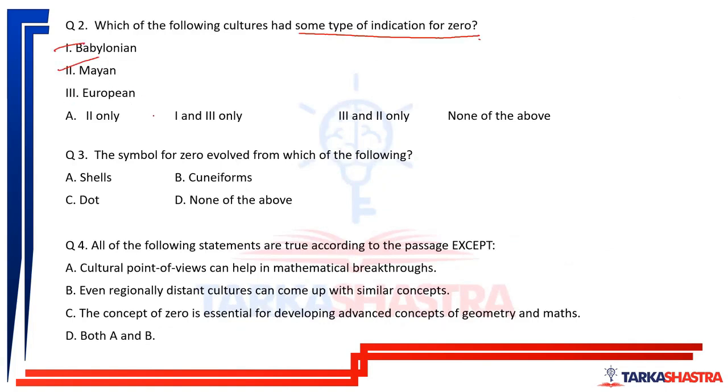Okay, so basically this should be B, C and D. Yeah, so basically these two had them. Okay, now 1 and 2 should be the answer. Okay, is it 2 only? Not really. We have several options that have 2 also. 1 is right, but what about 3? Europeans did not have any indication or idea of zero. That has been already discussed. So wherever there is 3, that has to be eliminated.